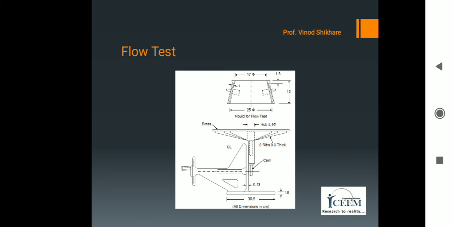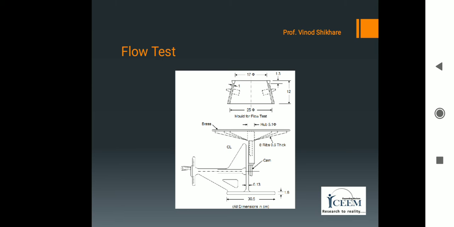Next test to measure the workability is the flow test. This method is more attractive for flowing concrete or for concrete with superplasticizers. In addition to measuring the workability by this method, one can also closely observe the consistency, cohesiveness, and segregation characteristics of the concrete mix. The details of the test apparatus used in this method are shown in the figure.